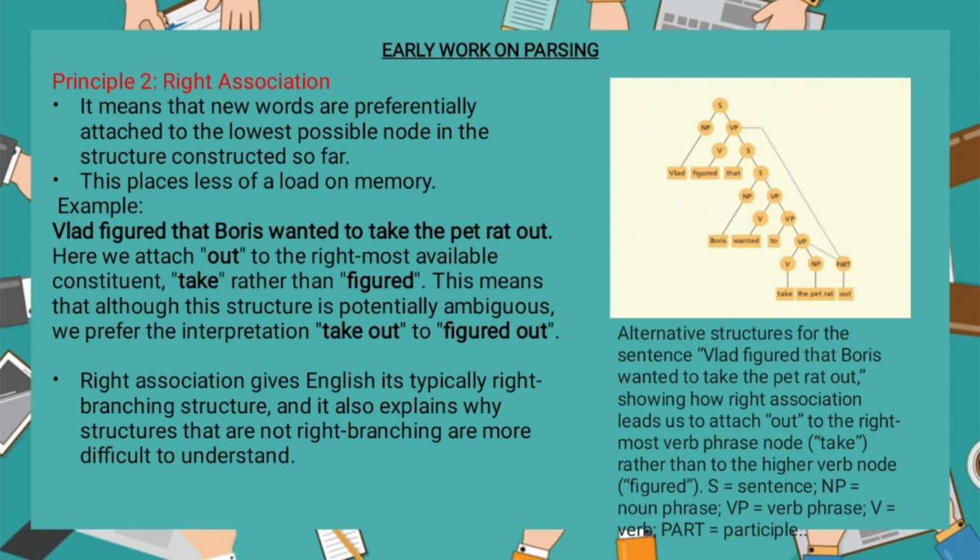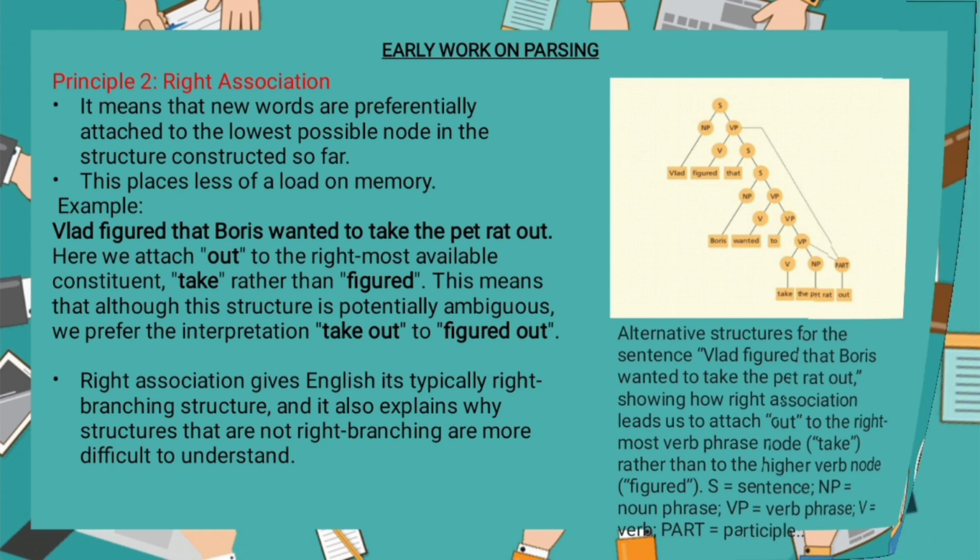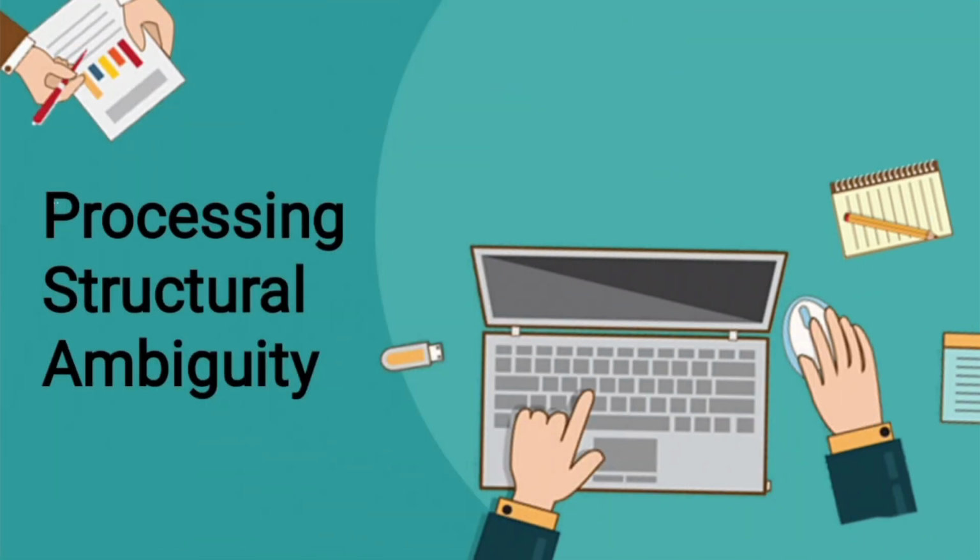This principle explains the preference for right-branching structures in English and helps us understand why certain sentence structures are easier to comprehend than others. It is also a key element in the study of syntax and plays a crucial role in our ability to communicate effectively. Let us now move on to